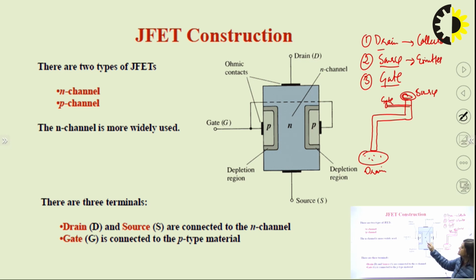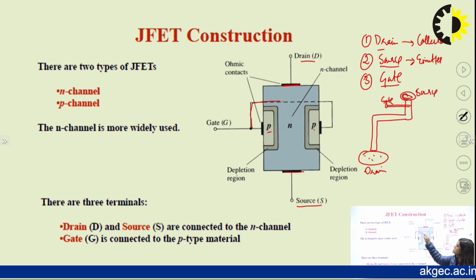So this is the N channel JFET in the figure. This blue colored part is the N channel, and here these are the metal contacts. From these metal contacts we have one terminal, drain, and another terminal, source. We have to connect the drain and source terminals in such a way that the source will emit the majority charge carriers towards the drain side. And on this p-type semiconductor, there is doping of p-type semiconductor material. There are blocks here, and these blocks are the gate terminal. Both these blocks are interconnected.